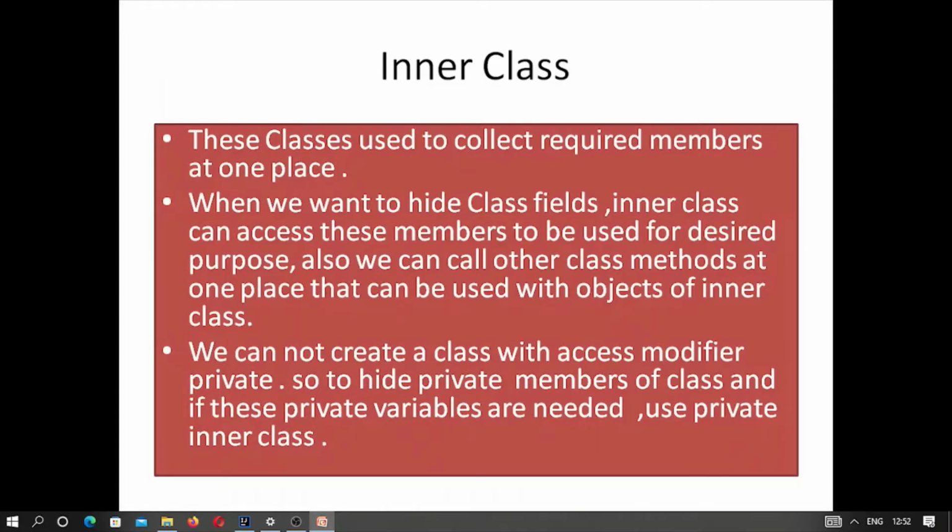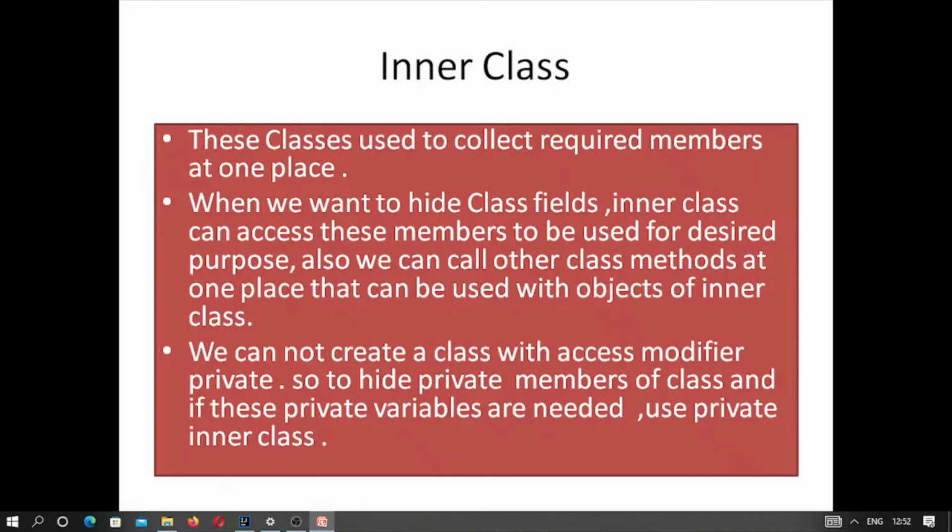So let's try to understand what is an inner class and what are its benefits, why we use inner class. These classes are used to collect required members at one place. When we want to hide class fields, an inner class can access these members to be used for the desired purpose.